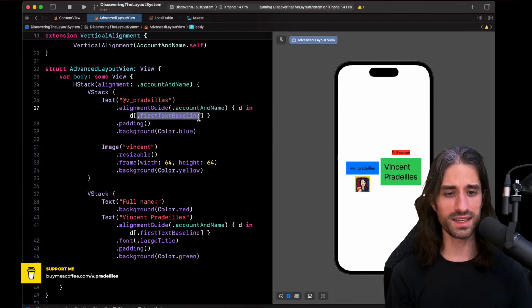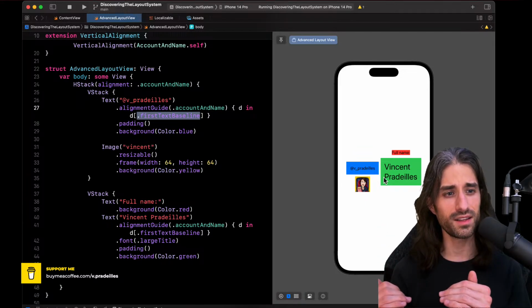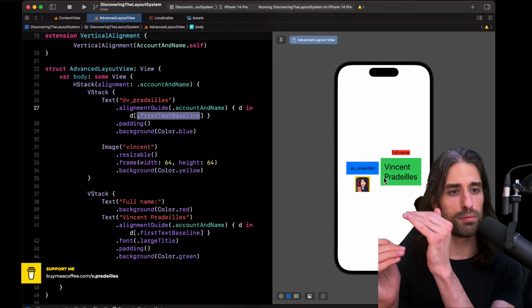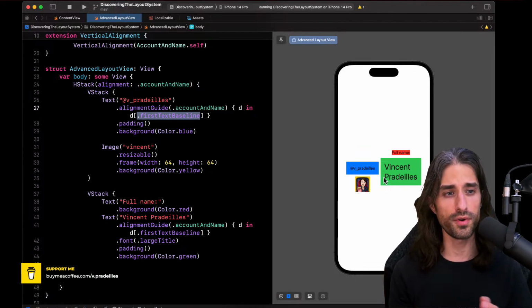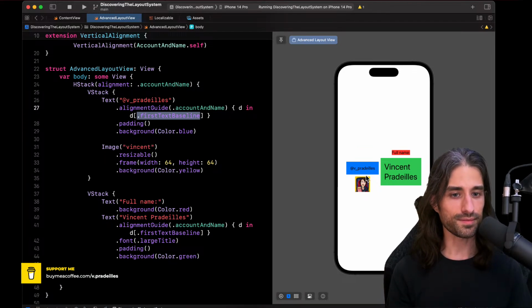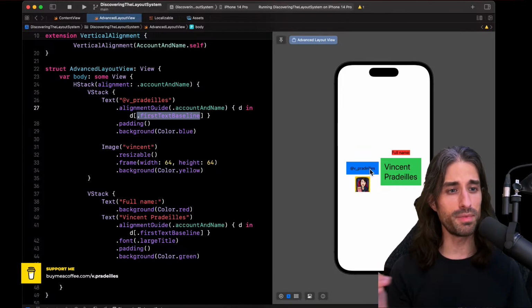Let me explain what a baseline is. The baseline is the imaginary line over which your characters are being drawn. So when you want to align text that is not necessarily of the same font size, how could you do it? The way to do it most of the time is to use the baseline, and you can see that it's kind of like if we had aligned the bottom of the characters, except that there are some characters that go below the baseline, like a Q, for instance, or a P. And here there are not that many of them, or it's hard to see.